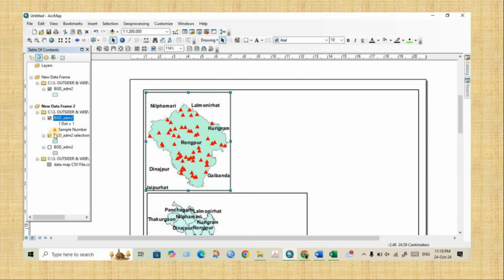Then here you can see, but we will show this one and this one. Here we have to show tick marks. So this is our data frame for Rangpur. Then if we choose Dhaka and other districts, so we can